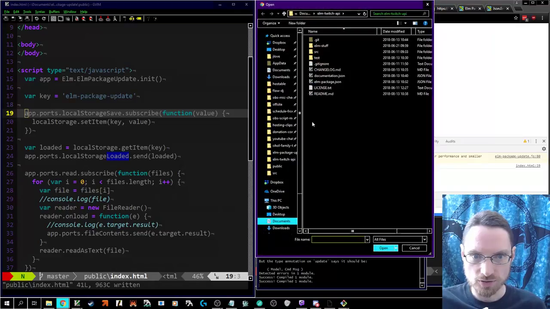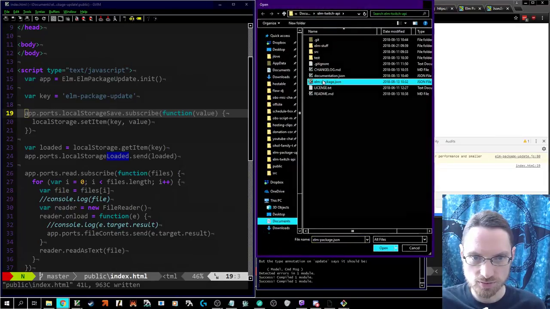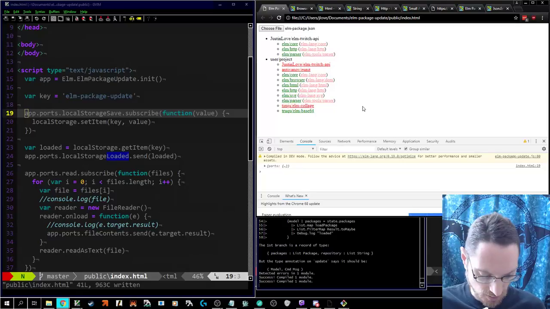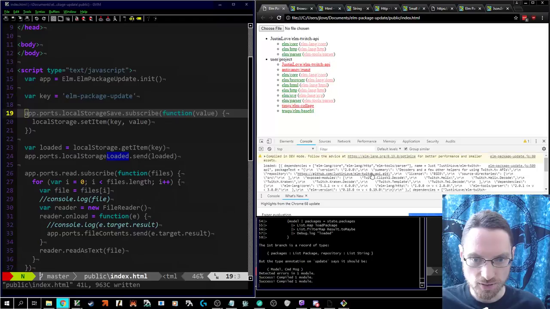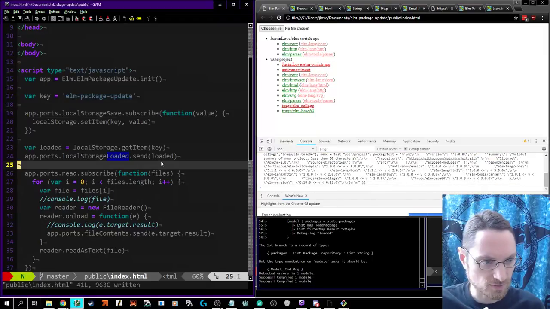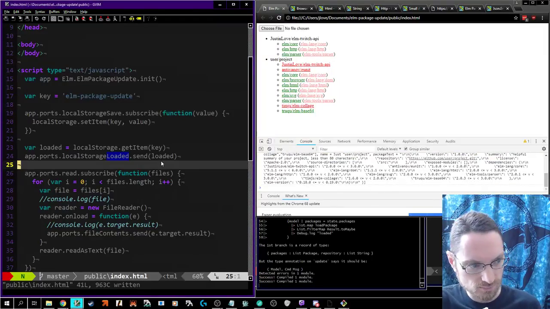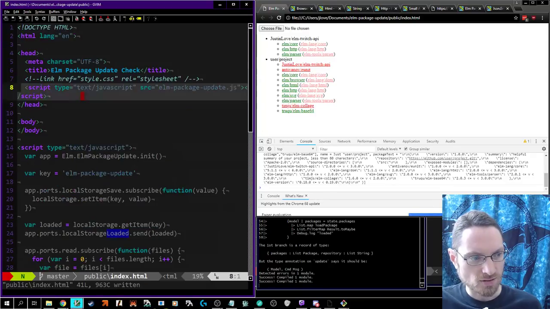So now if we choose on Twitch API and then reload, okay, and then here's our loaded stuff. I don't have any duplicate detection. That's probably fine. So now that that's been done,